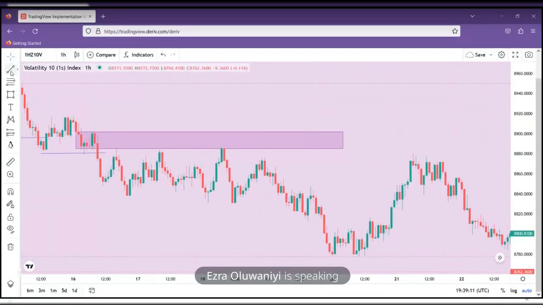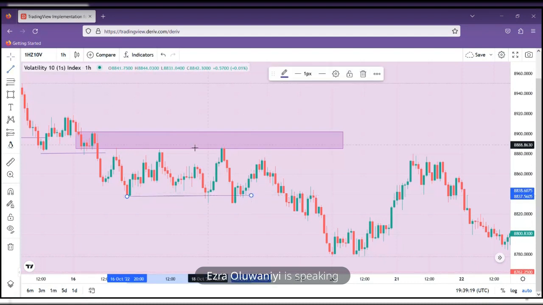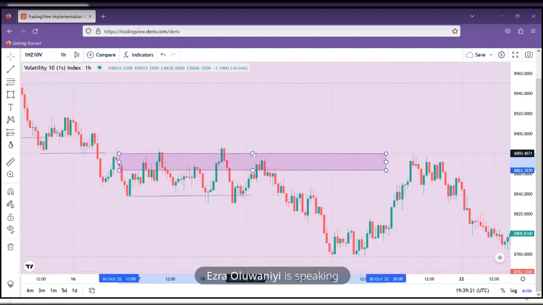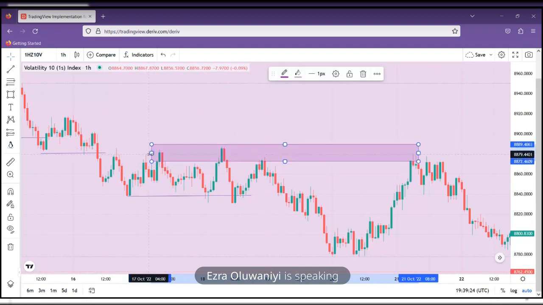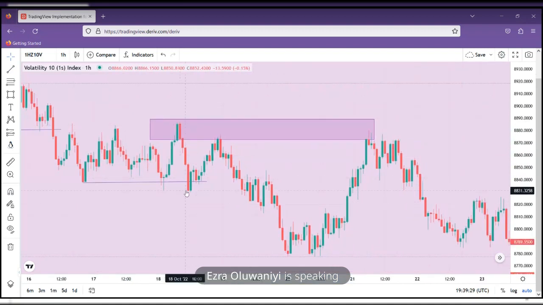The same thing, price broke again to the downside. Okay, and price just kept on going like that. So you would have entered around here. Okay, entered here. So you are just in the trade. So it continues and continues like that. So price still broke this low, and like that. So this is how to follow price on